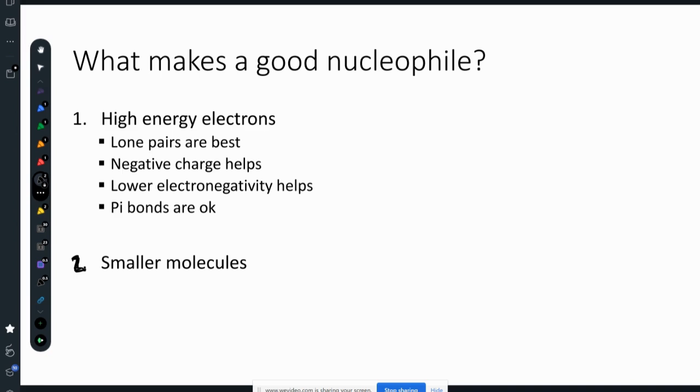If you're going out and seeking a nucleus to share electrons with, it's going to help if you can find where those nuclei are and have an easier time bumping into them. So big, bulky molecules often make really poor nucleophiles because those electrons have a hard time getting at the electrophile that they want to bond with. So, for example,